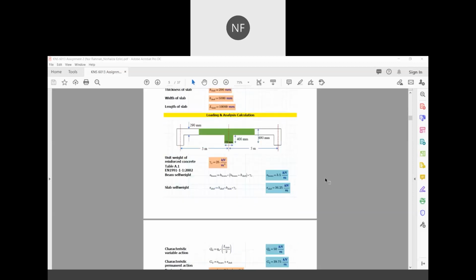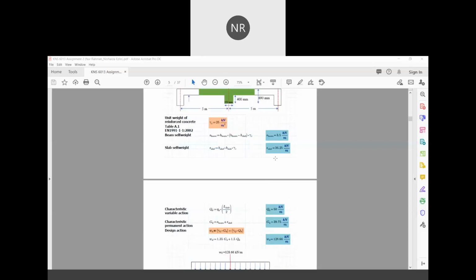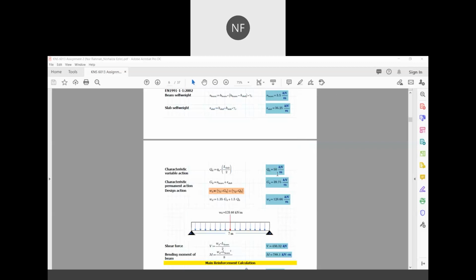First, the analysis that we're going to do is determine the self-weight for beam and slab to be substituted into the equation for the permanent action to obtain the design action. The beam self-weight we obtain here is 3.5 kilonewton per meter, whereas the slab self-weight is 36.25 kilonewton per meter. And here's the characteristic variable action, where Qk is equal to the variable action multiplied with the length of the slab divided by 2,